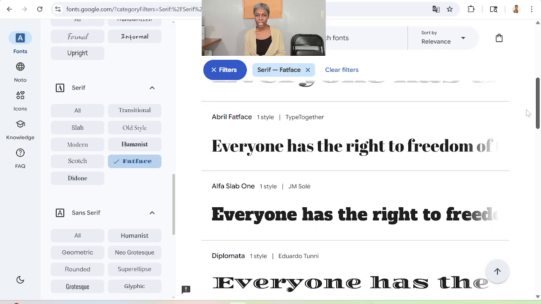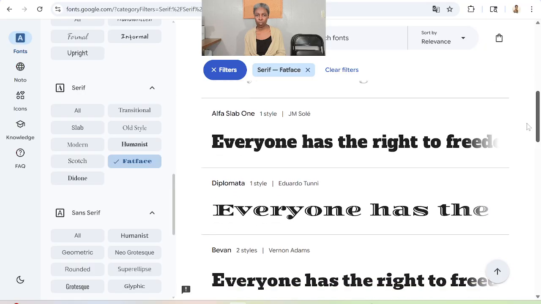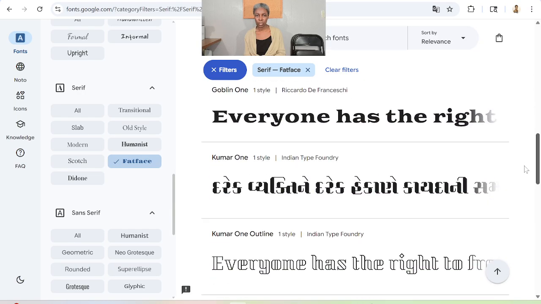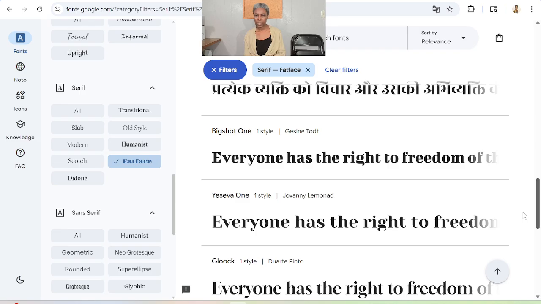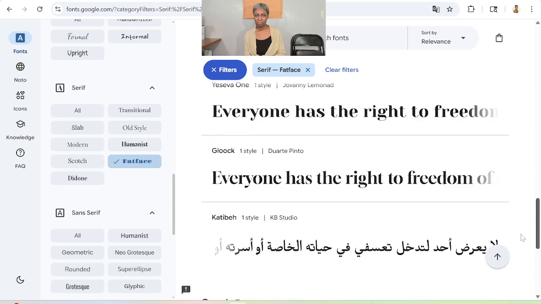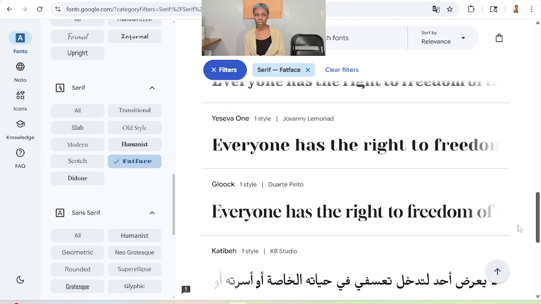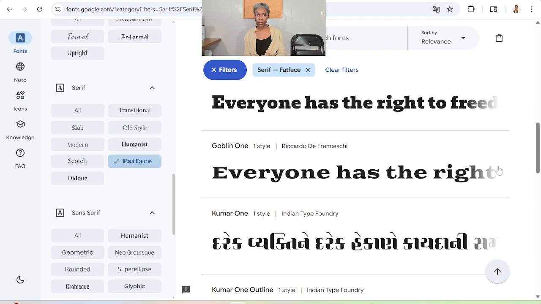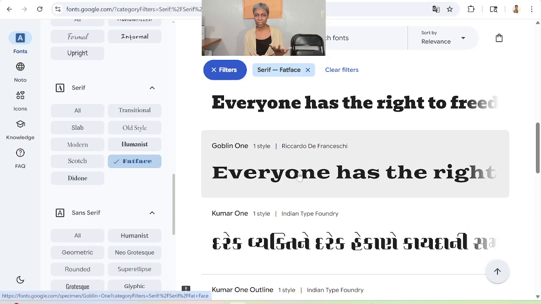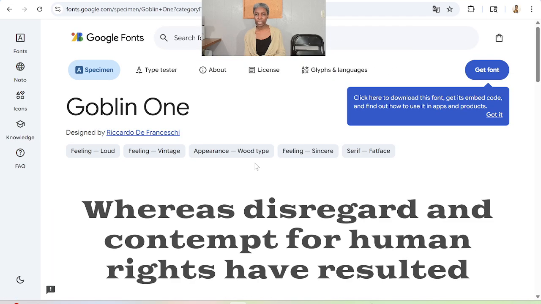So let's say we like Alpha Slab One or Diplomata, or you know, you just scroll down and you are going to be looking for something that is display, that is heavy. And we have Goblin One. If that's something that is in your free version already on your computer, doesn't have to, but let's say we like this font, we click on it and we say we like it, it's bold, then